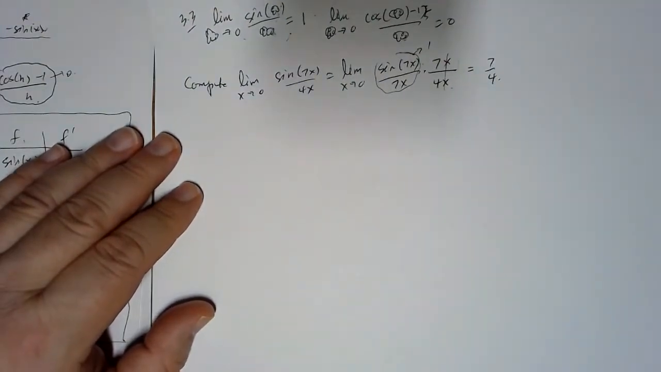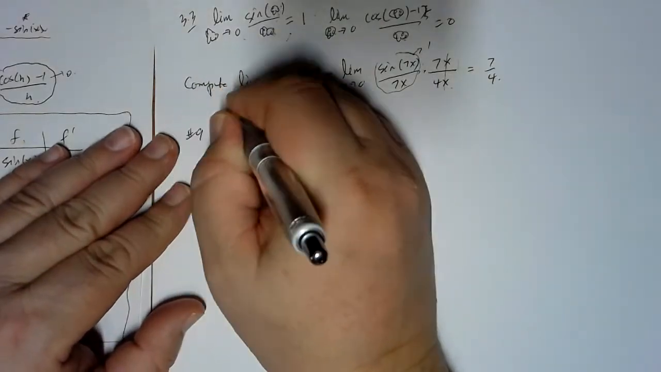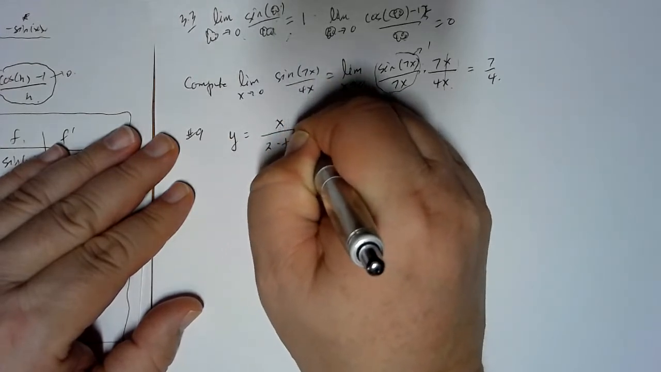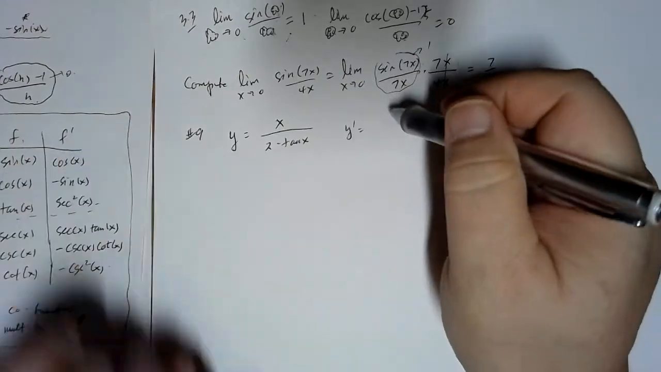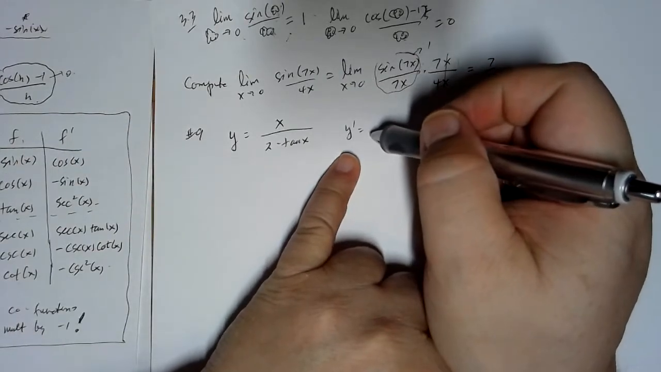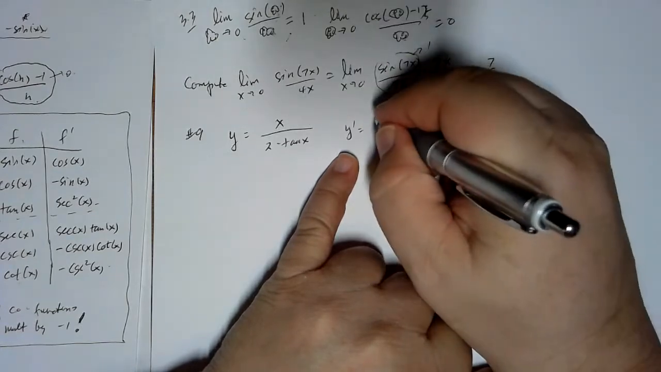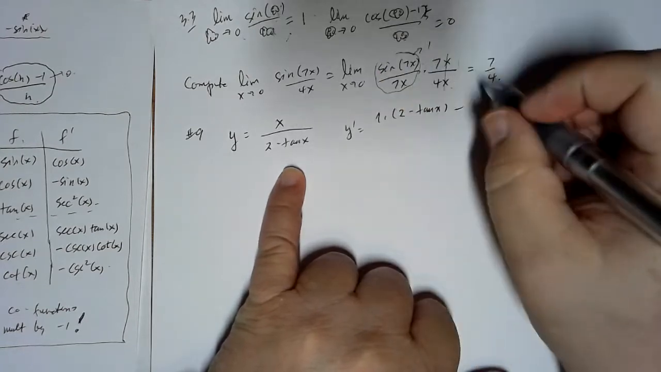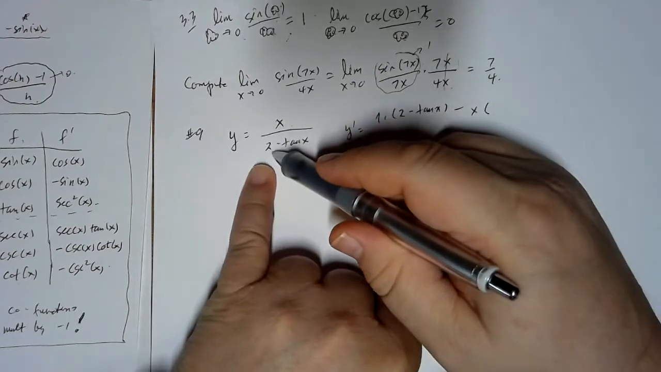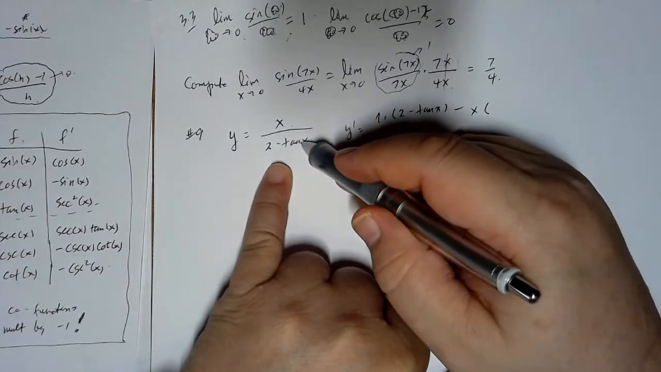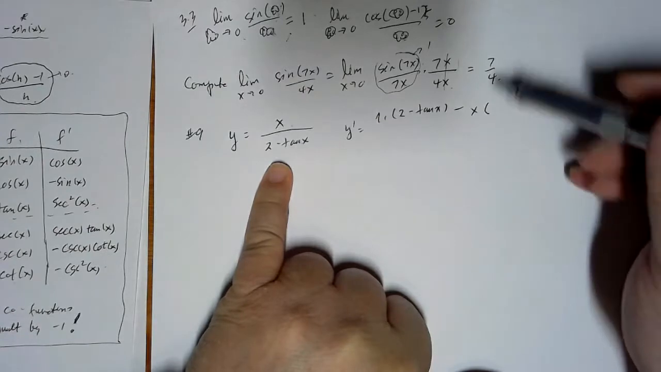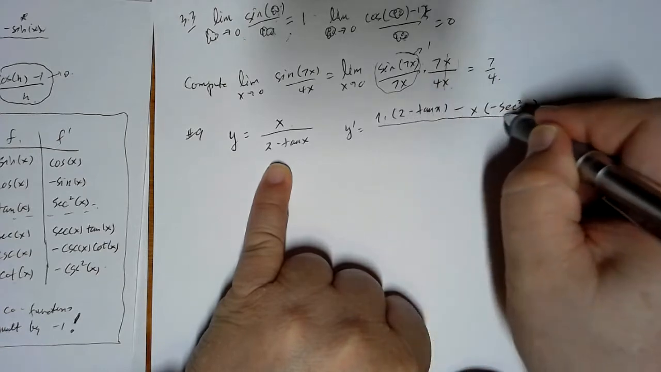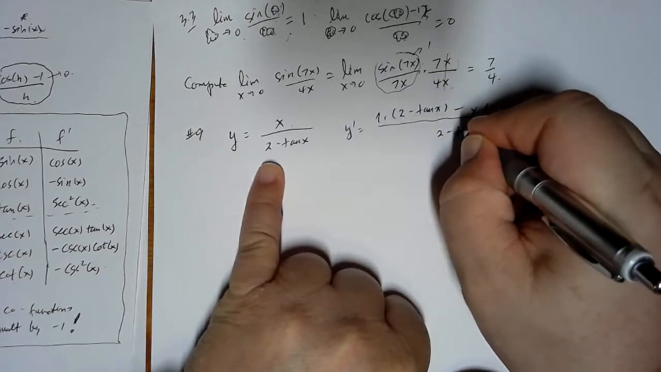Let's try another problem. This is number 9 in 3.3. Let's say y is equal to x divided by 2 minus tangent x. So what will y prime be? y prime is going to be a quotient rule. So we take the derivative of the top times the bottom minus the top times the derivative of the bottom. The derivative of the bottom is 0, and the derivative of tangent is secant squared. So that's going to be minus secant squared, all divided by 2 minus tangent of x